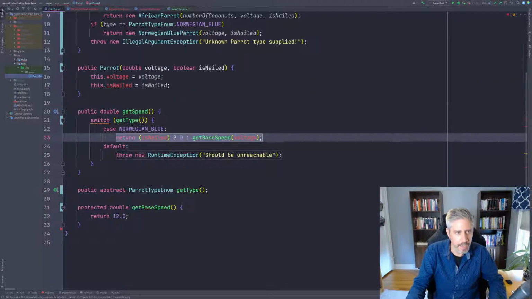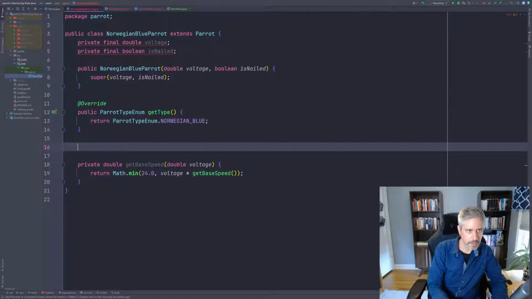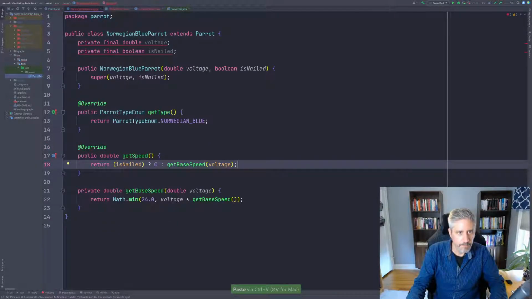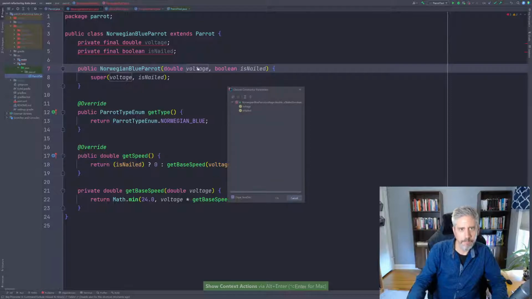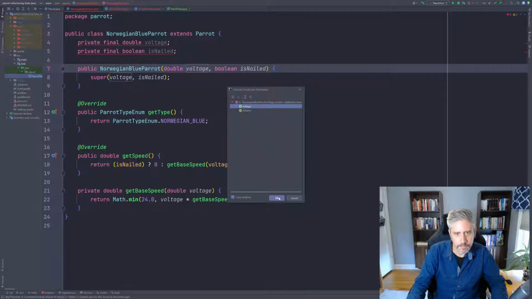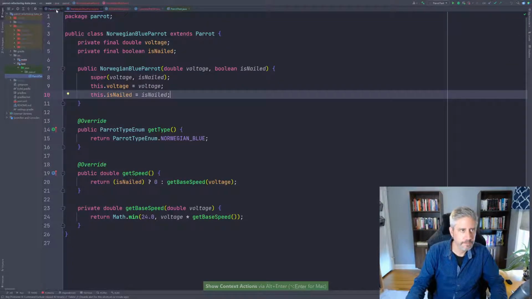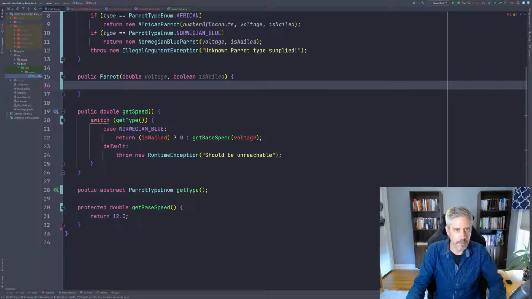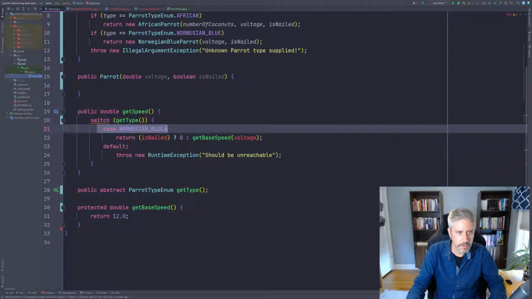I'm going to copy this line again. So copy the get speed functionality for the Norwegian blue case again like we did previously. Go to our Norwegian blue class and say override get speed and paste. Okay, and now we can bind these variables again, so we can say voltage. We'll bind voltage. We'll do the same for is nailed. Go back to Parrot, and again, we can delete the constructor, delete the functionality in the constructor, and delete this entire Norwegian blue case,